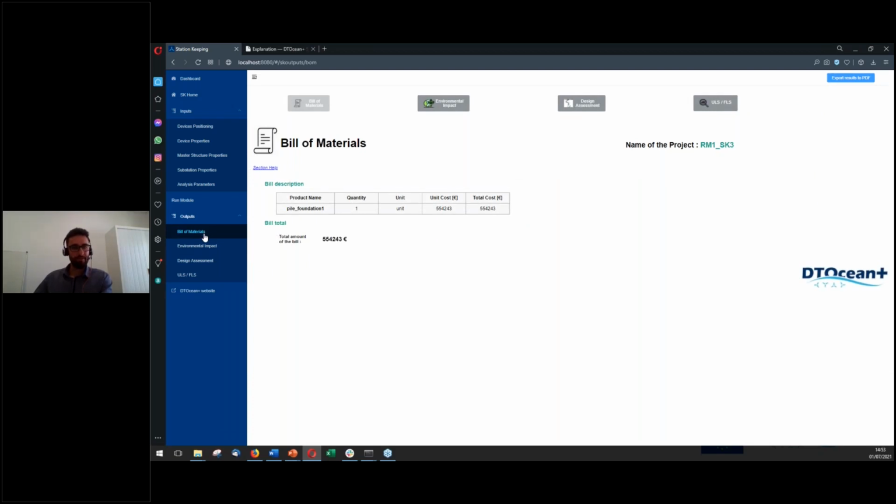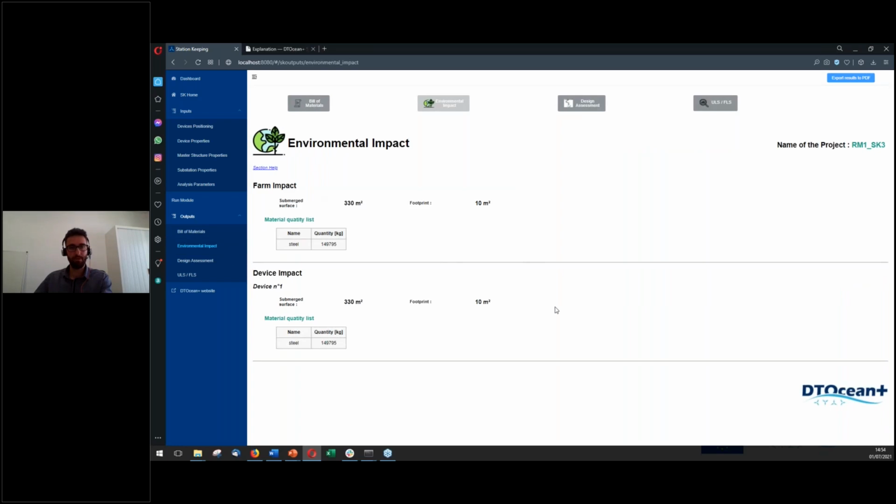The first page of the outputs is the bill of materials. Here you see the pile foundation that you described in the inputs. We have only one because we have only one device, and the estimated cost is displayed here. The environmental impact displays some results, and I will not go into the details because Emma will talk about that